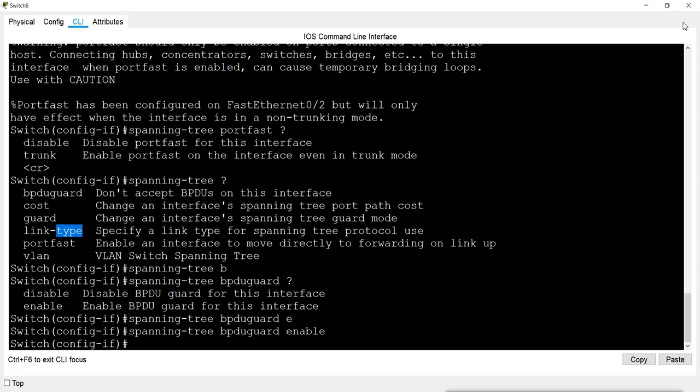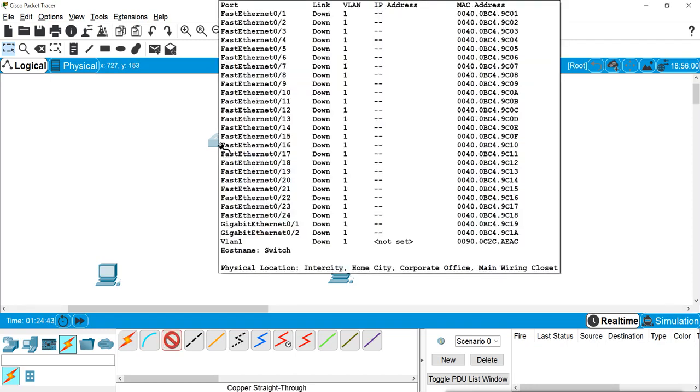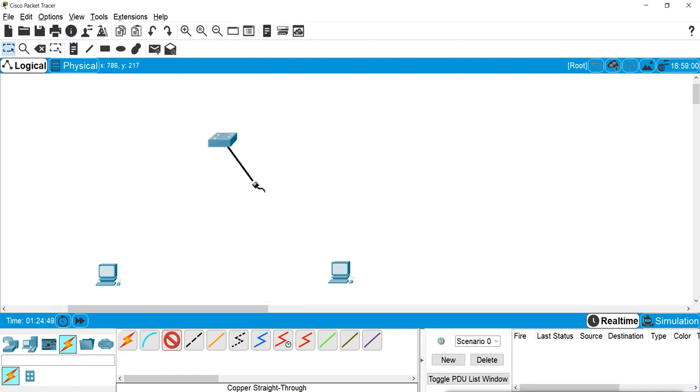Now what I will do here, I will connect the two machines again, and now you will see how quickly the port will enable. First I will connect this one, which does not have PortFast. Now you see it is still waiting for those states.